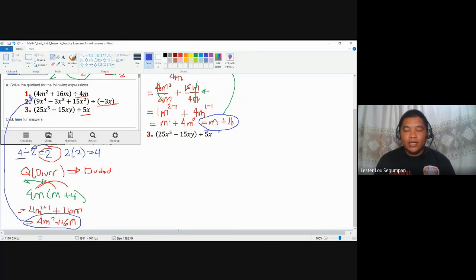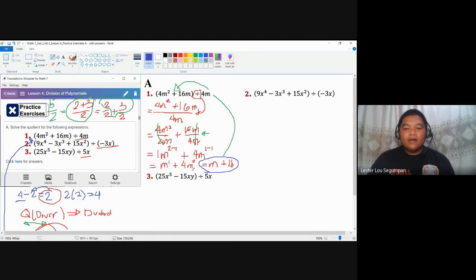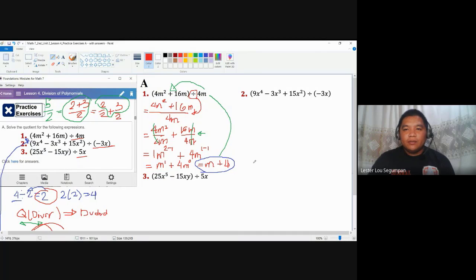Again, this is optional, but I'm encouraging you to do this for the rest of the items. But our concern is, of course, finding the quotient. So let's continue with number 2. Number 2, you have 9x to the power of 4 minus 3x cubed plus 15x squared, which can be rewritten as the rational expression over negative 3x. And then we use the same process we did earlier. So you have 9x to the power of 4 all over